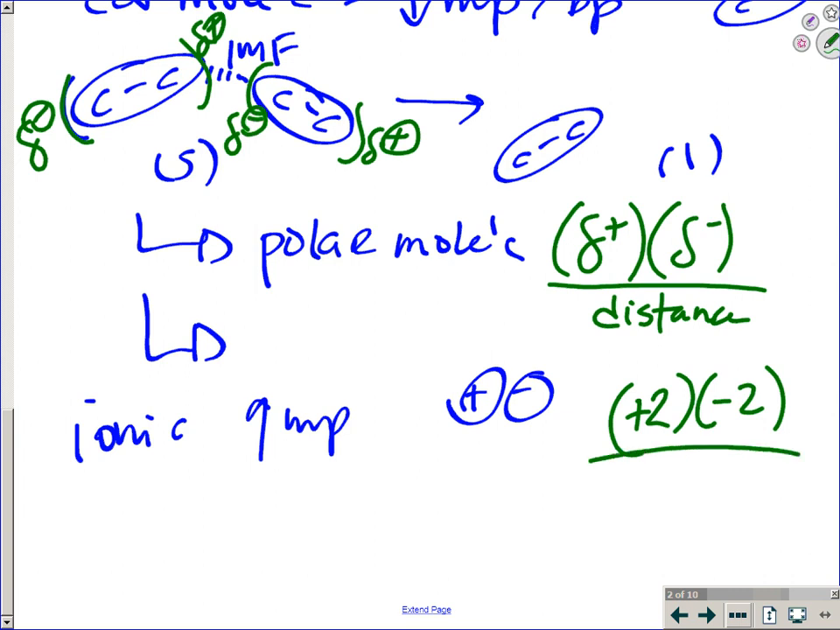And what do you know about their distance comparatively? Smaller, right? So this was a bigger distance, this is a smaller distance, so we have a double whammy on the attractive forces. So the electrostatic attraction for an ionic bond is super strong compared to the interparticle attractions for a molecular IMF. Okay, and then metallic,